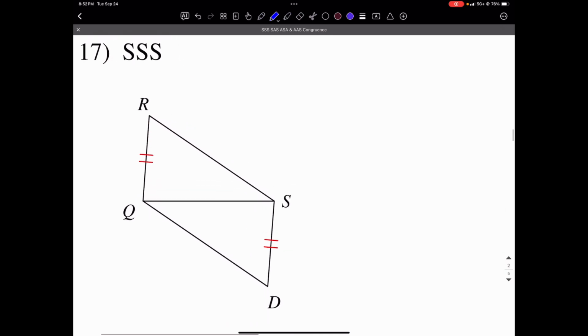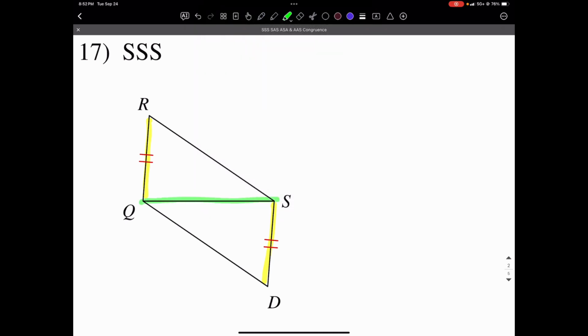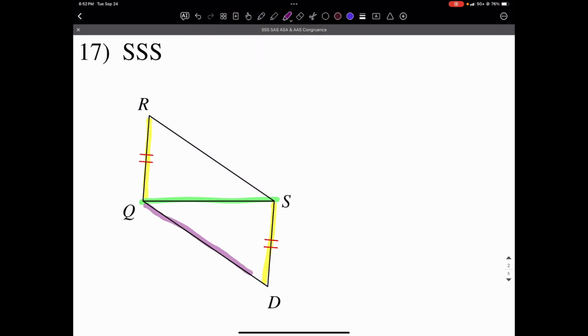Number 17, side, side, side. This is kind of easy, right? Because you have your side here. Then you have your shared side. So, of course, what you're missing is these sides here. And those would be